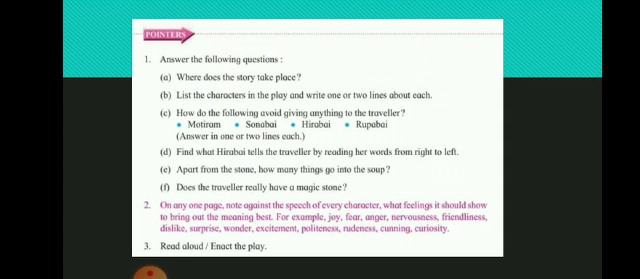For example, you have to note what feelings it shows to bring out the meaning best regarding the characters. For example, they must be showing joy, fear, anger, nervousness, friendliness, dislike, surprise, wonder, excitement, politeness, rudeness, cunning, curiosity. So these are the various feelings. Okay, so you have to find out, that is one page, and you have to express the feeling of every